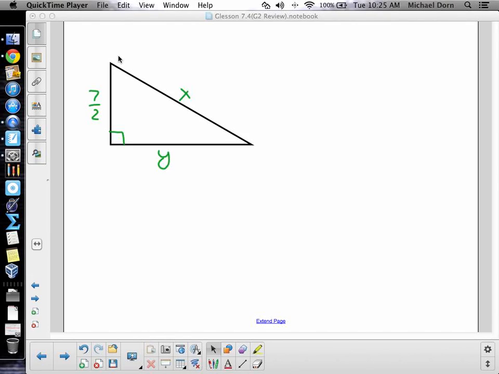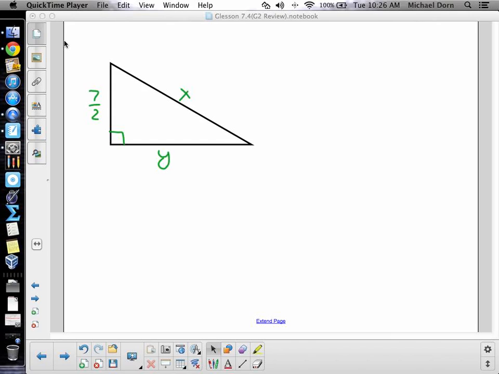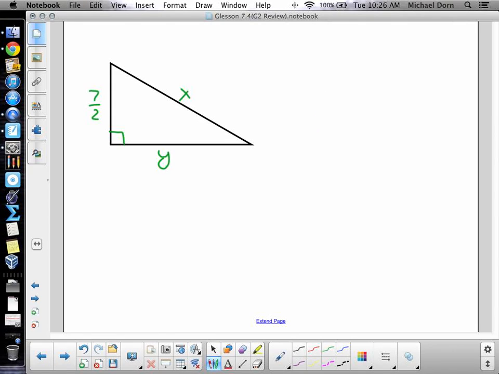If those are the three sides. Now, again, when it comes to the 30, 60, 90 triangle, guys, remember that the key is knowing what the short leg is. Because you always have the short leg,